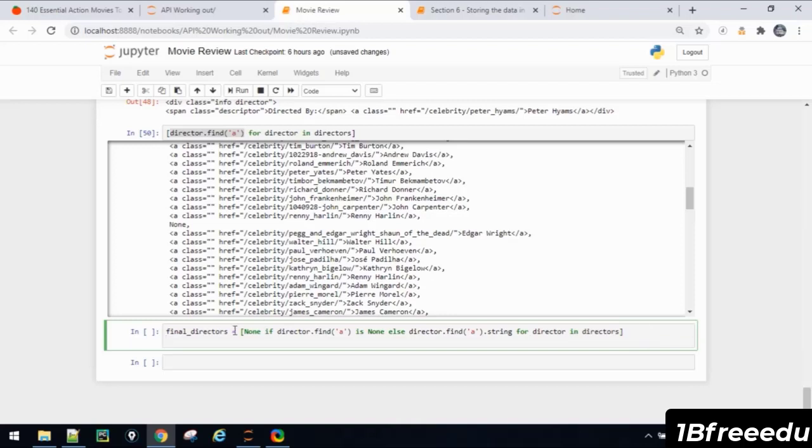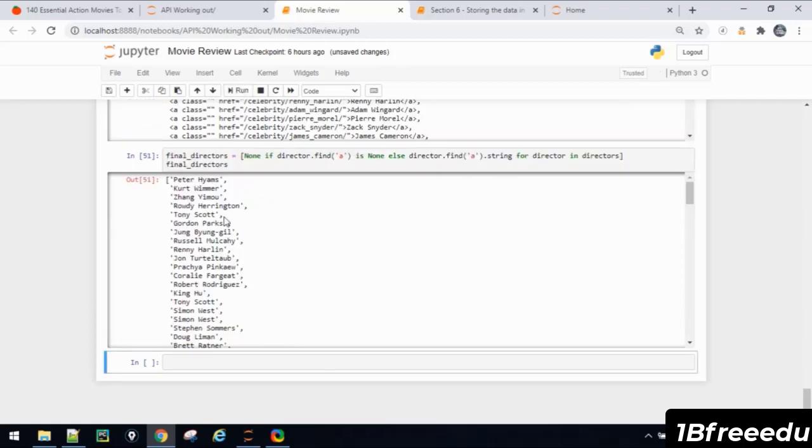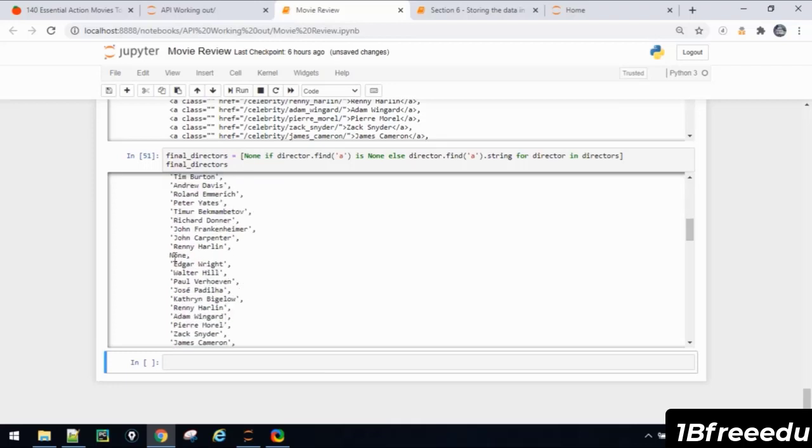I'll copy and paste. Okay, so the entire value is available. You can see none is available as none. Okay, so hope it is clear on how to fetch the data of critics and directors from the particular HTML